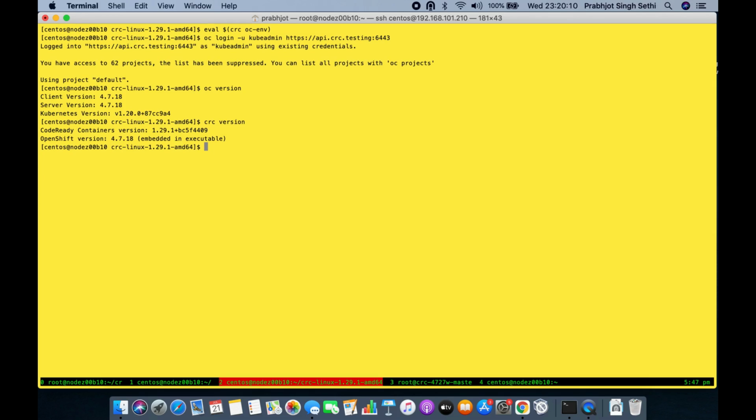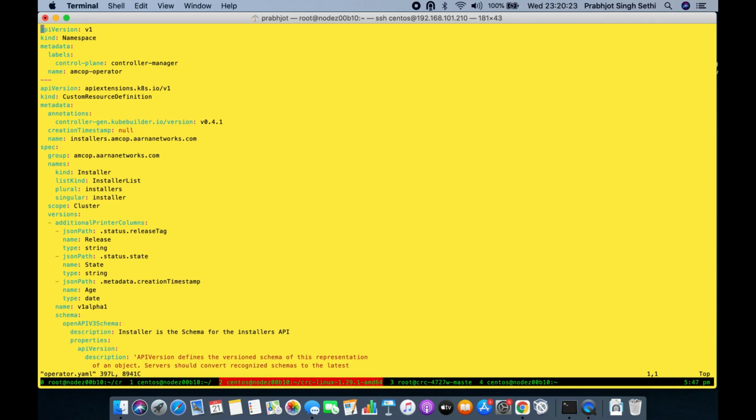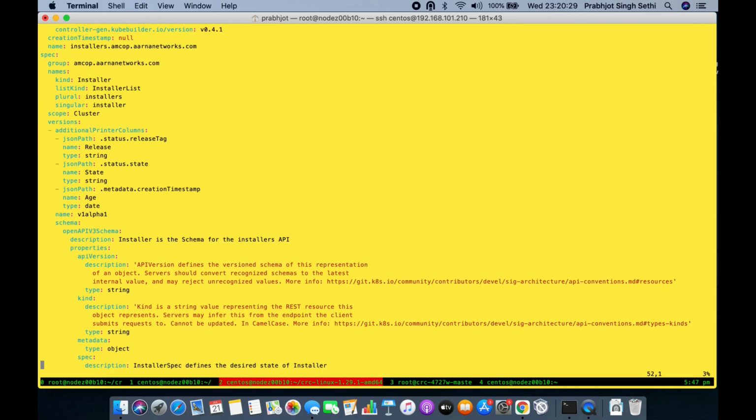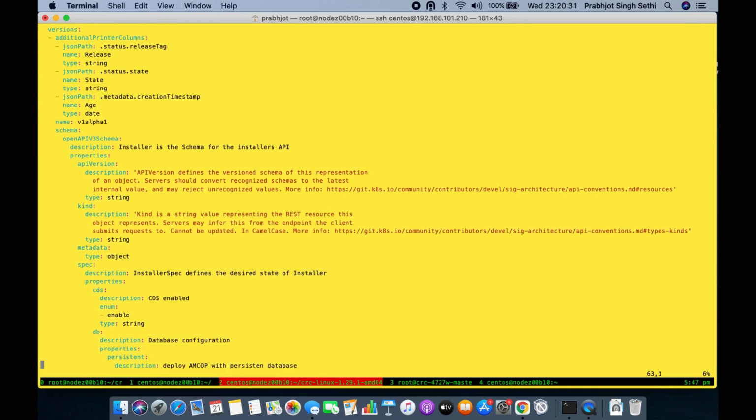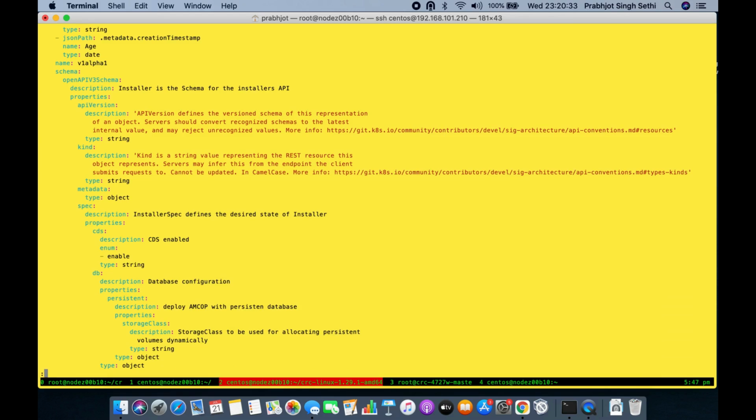So since this is a step before onboarding AMCOP operator on OpenShift's operator hub, we will be using operator.yaml, which will indicate creation of CRD and all the other RBAC rules and deployments required for operator itself.